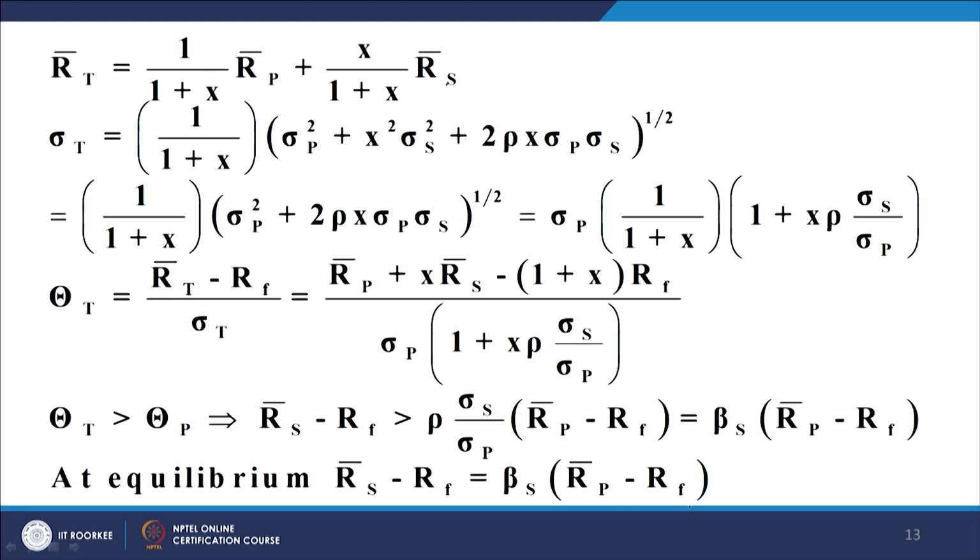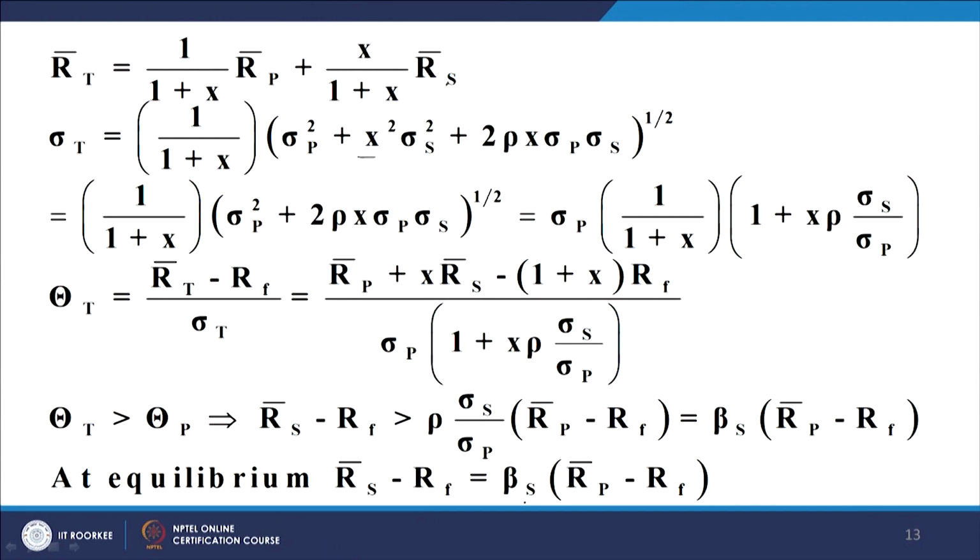If you work to first order, you assume that x is small, then x square can be ignored. We are working to first order, so x square can be ignored, and we have this expression. Taking sigma p common, we end up with actually 1 plus 2 rho x sigma s upon sigma p,